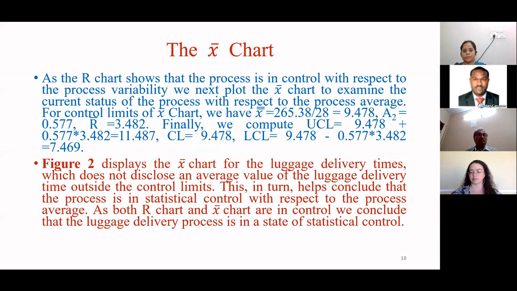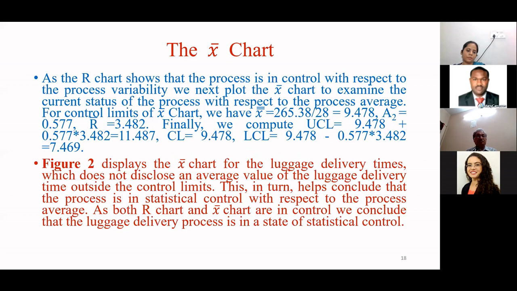We next plot the X bar chart to examine the current status of the process with respect to the process average. Now for the control limits for the X bar chart, we have obtained UCL, central line, and LCL. Figure 2 displays the X bar chart for luggage delivery times, which does not disclose any average value of the luggage delivery time